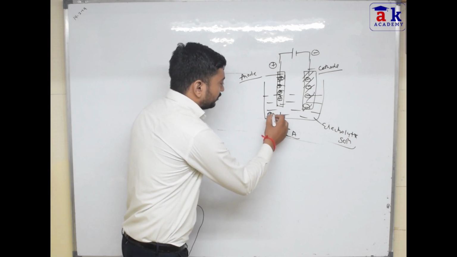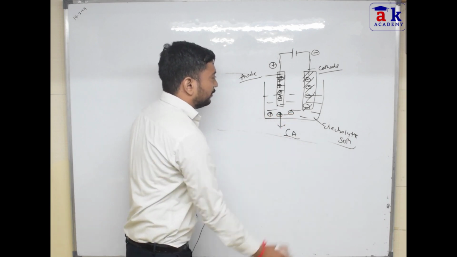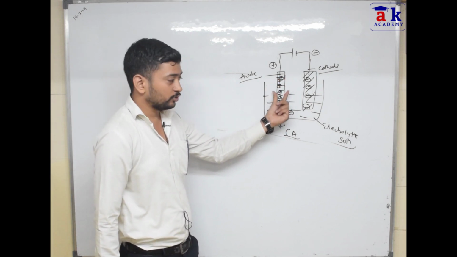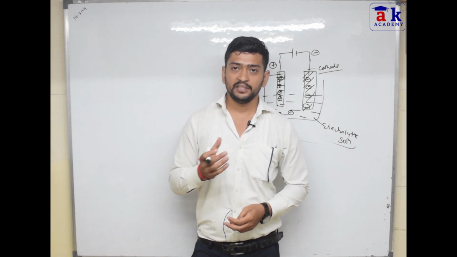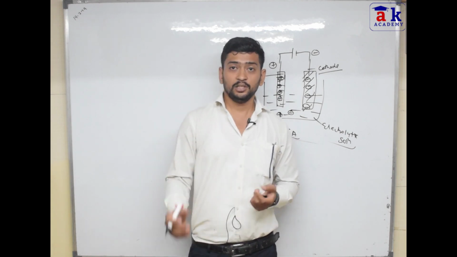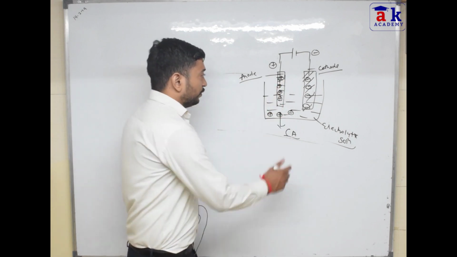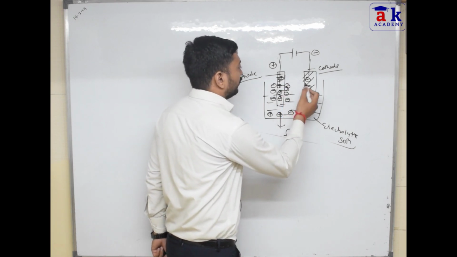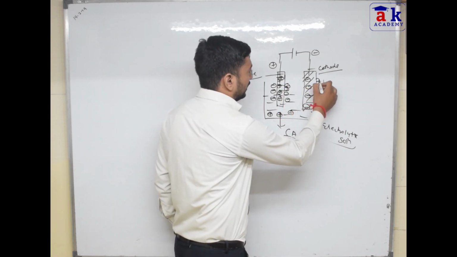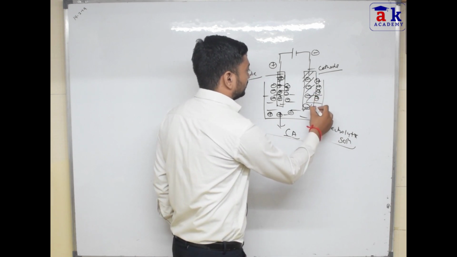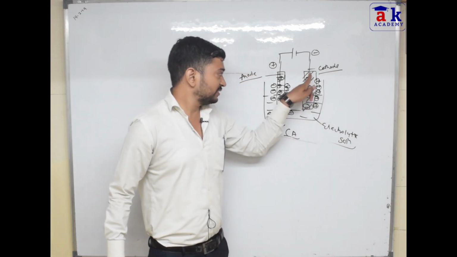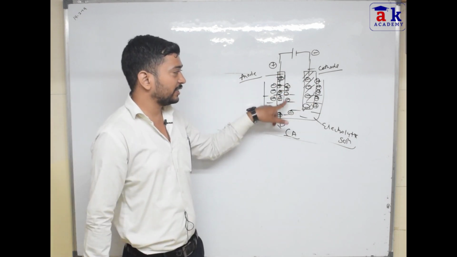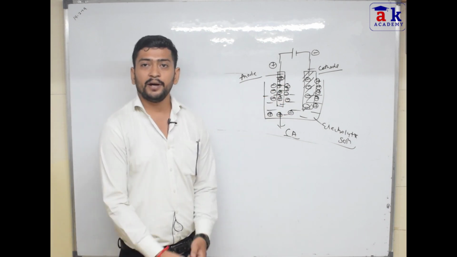So in this case, here we will have positive ions and negative ions. Now, tell me, if we have this positive electrode, definitely it is going to attract the negative ions, meaning anions. So this positive electrode will attract all the anions present in the solution. The same thing will happen over here. This is a negative electrode, so it will attract all the positive ions towards itself, and this positive electrode is attracting all the negative ions towards itself.